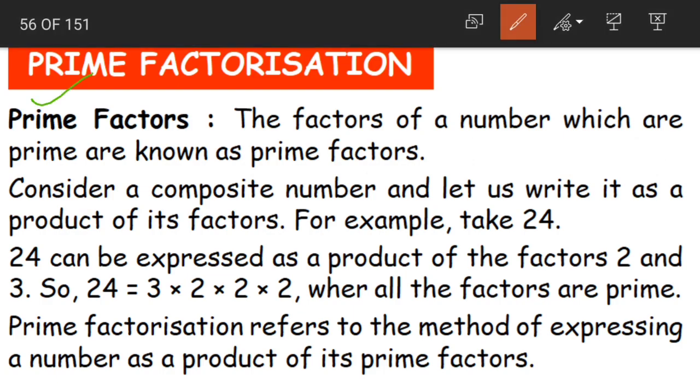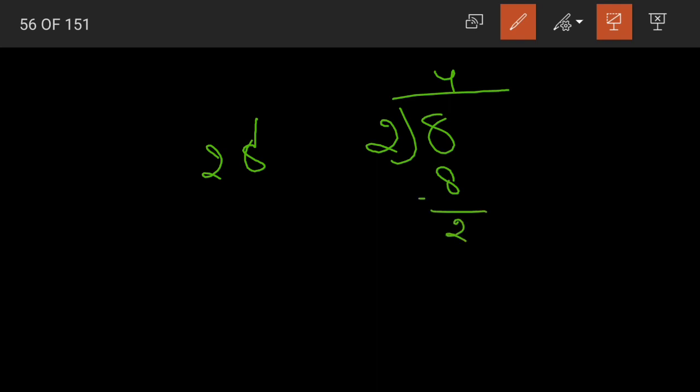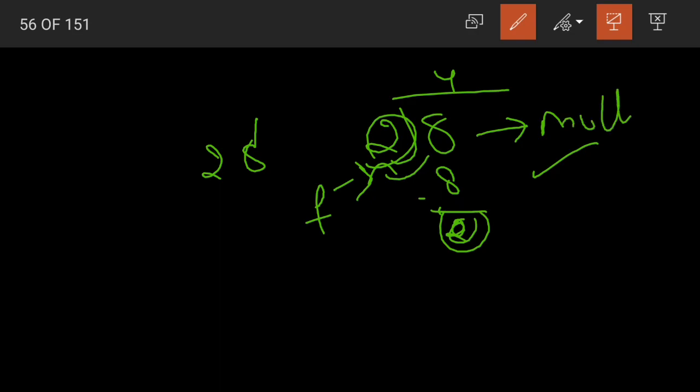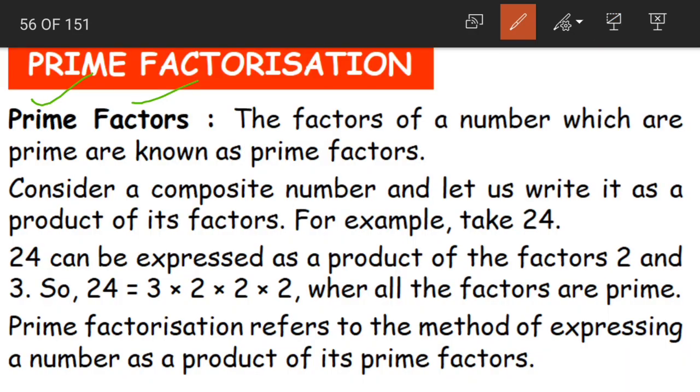Yes, we already know what prime numbers are. Prime numbers have only two factors, that is 1 and itself. Coming to factor, what is a factor? When we have two numbers, say 8 and 2, and we say that 2 divides 8 completely, then 2 becomes our factor. And what does 8 become? Do you remember, children? 8 becomes our multiple. The divisor is our factor and 8, the dividend, is our multiple.